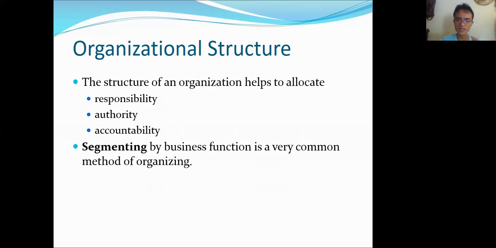Now, another one is that after authority and responsibility, there should be accountability. So one should be answerable, one should be accountable for whatever responsibilities and authorities there are. In businesses, we need to be dividing, or we need to be segregating them based on business functions. These functions normally are segmented because they shouldn't be placed on the same group of people or persons. They are basically incompatible functions.